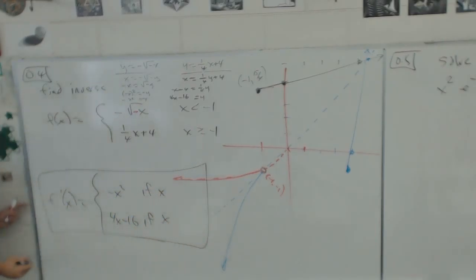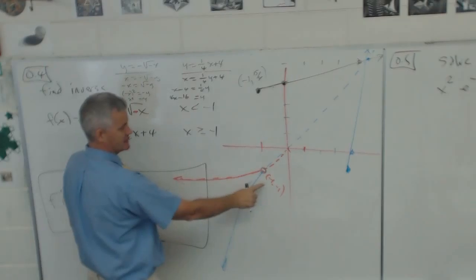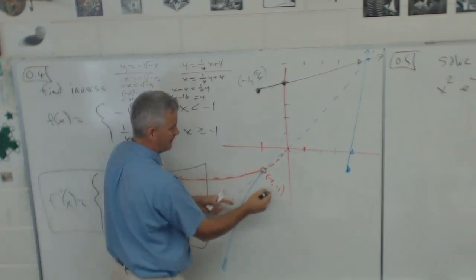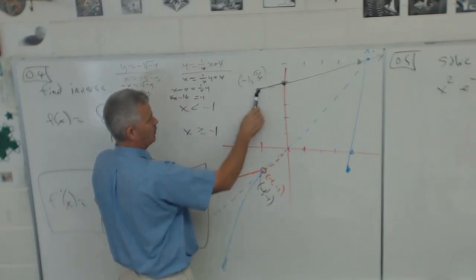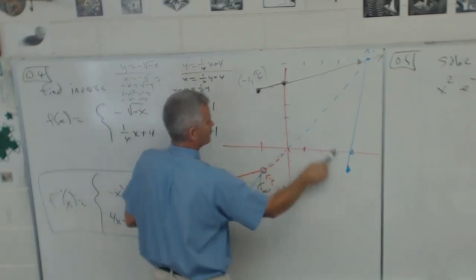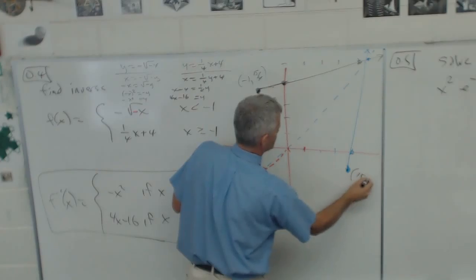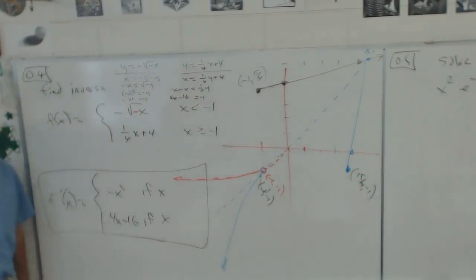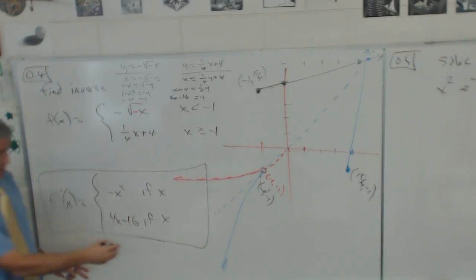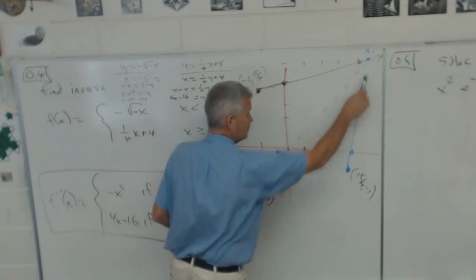Okay, Mac, you get first shot. Now be real careful. The graph could help you a lot. This point is -1, -1. When we flipped it, the key spot was -1, -1. This point was -1, 15/4. When we flipped it, the key spot was 15/4, -1. Okay? 15/4, -1. So the inverse, which is up here in blue, there's the inverse,